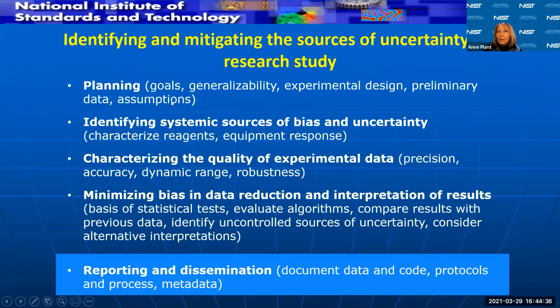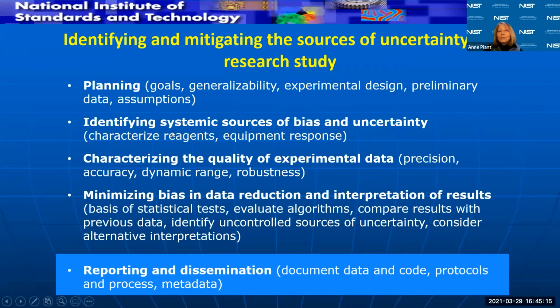What assumptions are you making? What previous paper was published that you're basing your experimental protocols on? Do you have complete confidence in those protocols? Do you have confidence in the assumptions that were made in that other paper? Did they support their assumptions well? What is the generalizability of the research that you're doing? Are you going to say, you saw X, Y, and Z, full stop, or are you going to say, well, you saw X, Y, and Z in this particular experimental system?